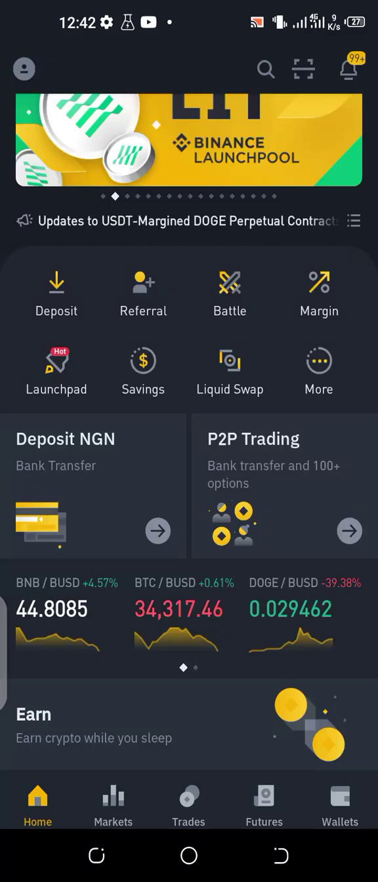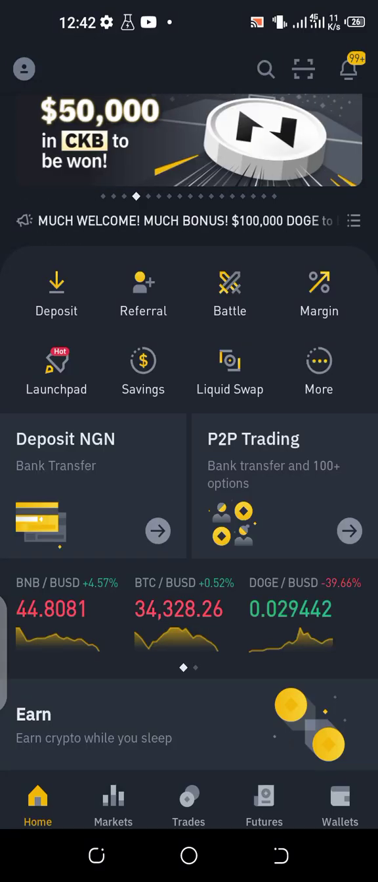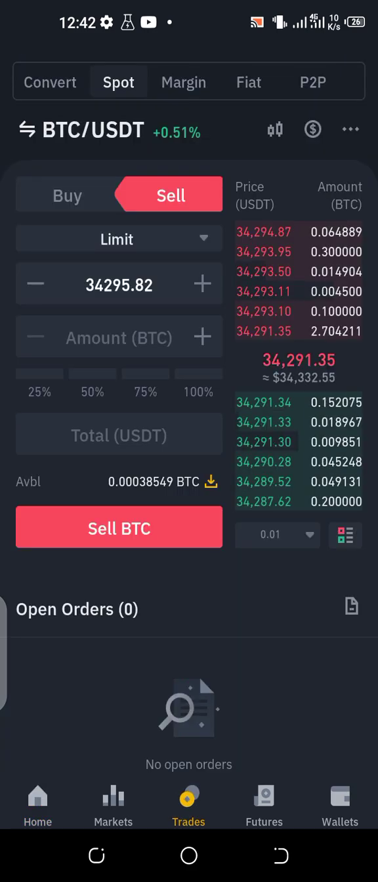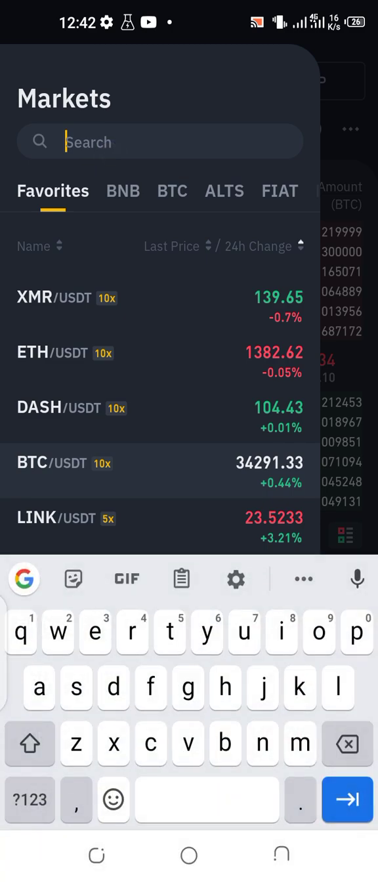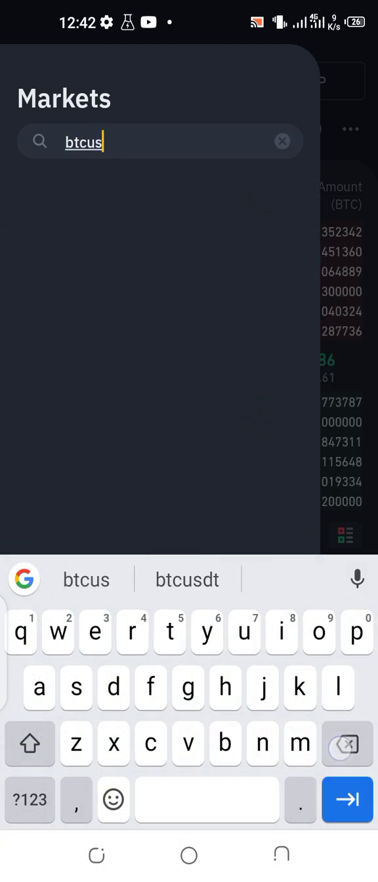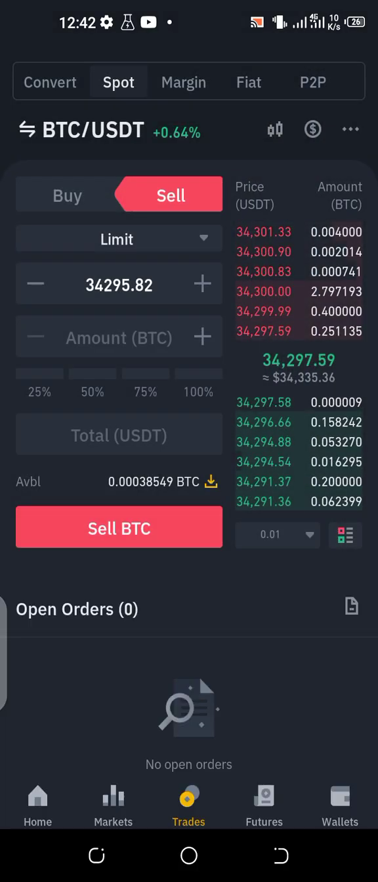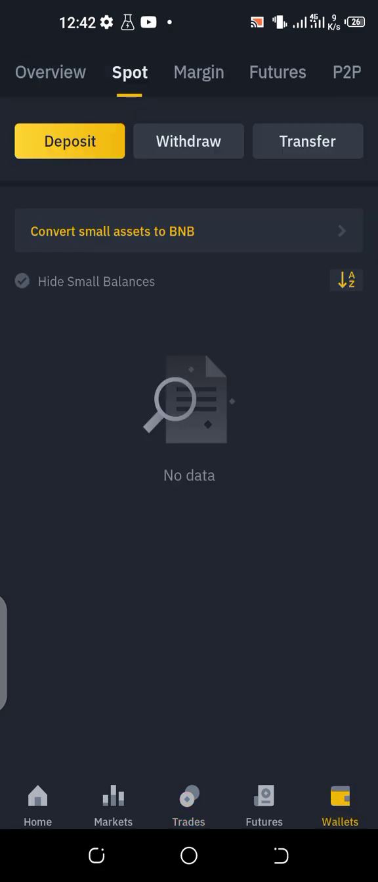Have BTC, you want to convert it to USDT to use for your trading. You can either click on trades and click on that button and select and type BTC USDT. Don't put a slash there, it will bring it up. You click on it, so you can select currency pairs that way, or you can go to wallets,